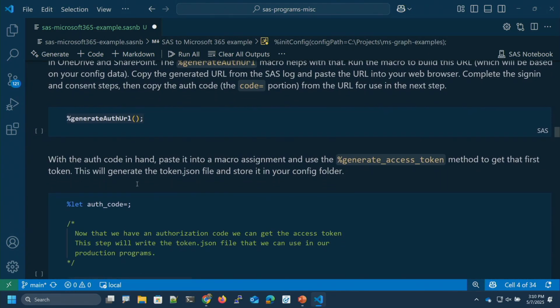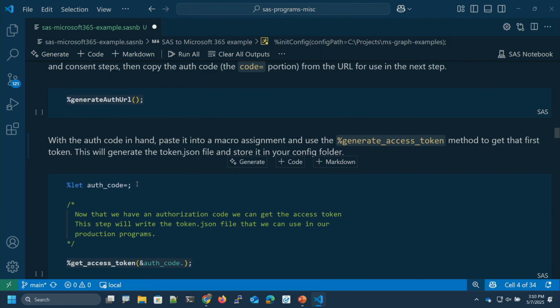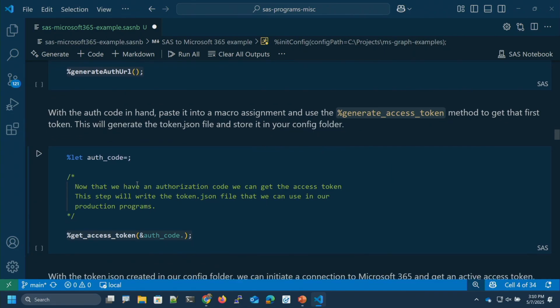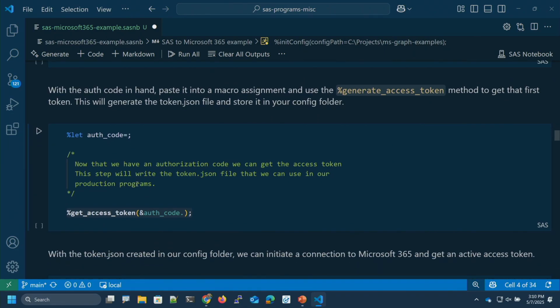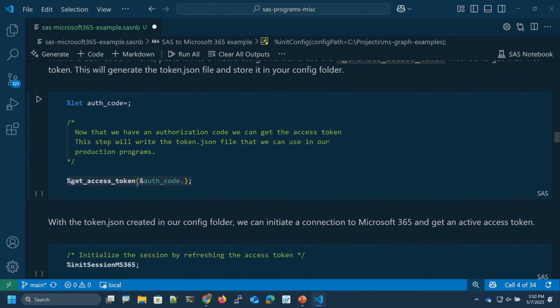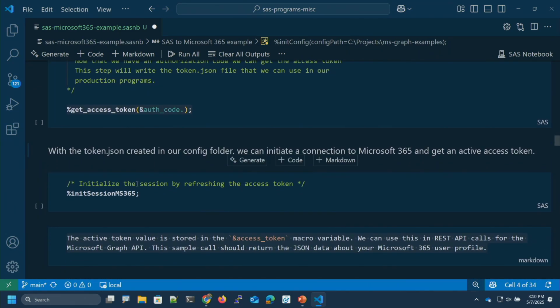If I'm doing this for the first time, I need to generate that authorization URL to get that authorization code, and then I would turn in that code to get my first token. But I don't need to do that because I've done that. I created that token a long time ago, and I'm able to just keep using it.